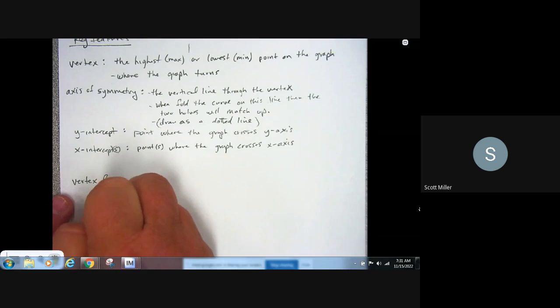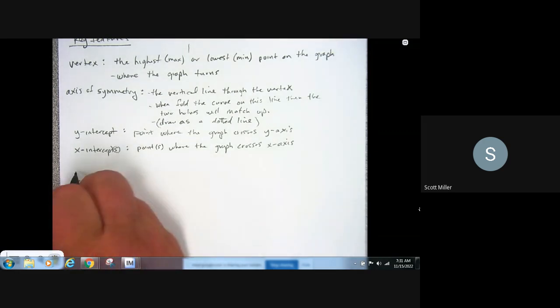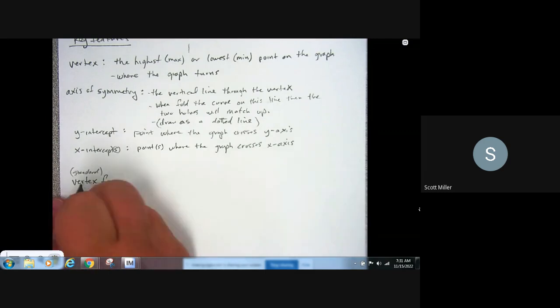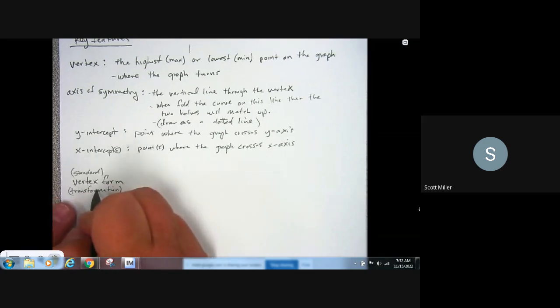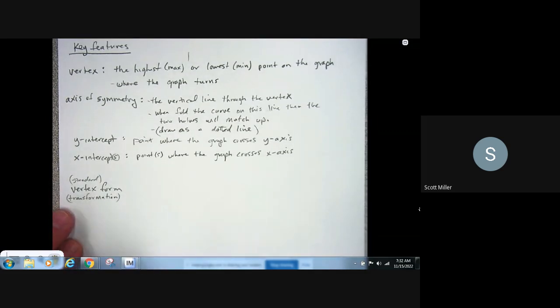form. Now the vertex form is the most common form at this level for you guys. Sometimes it is called standard form. I like to call it standard form because, well, I'll tell you why later. And then sometimes it's called transformation form. Standard form, transformation form, because you'll be able to see how the graphs and the unknowns affect the overall graph